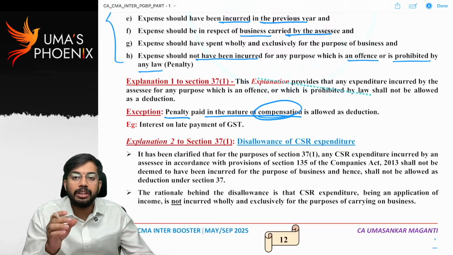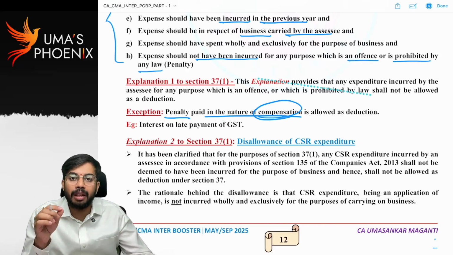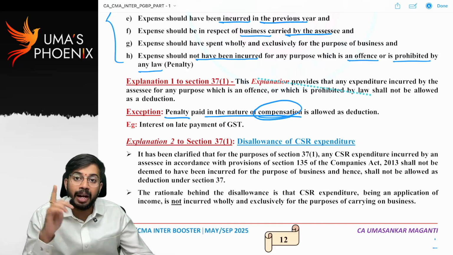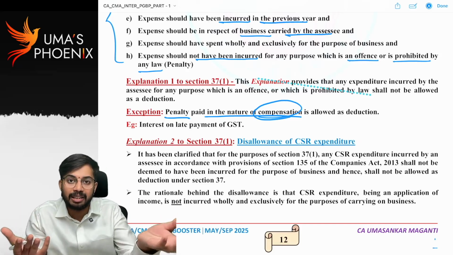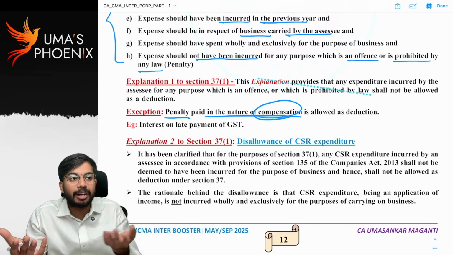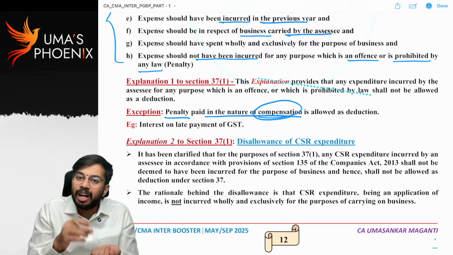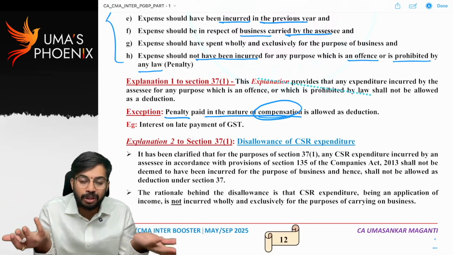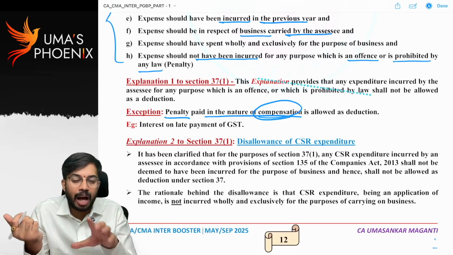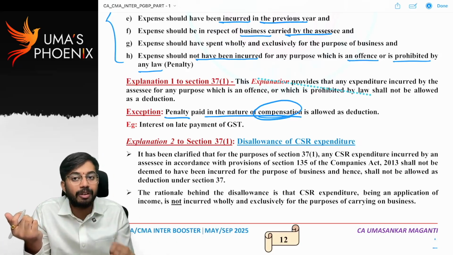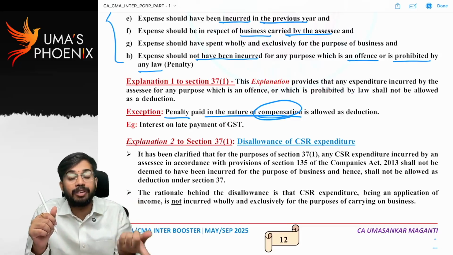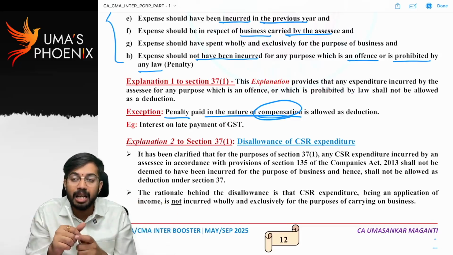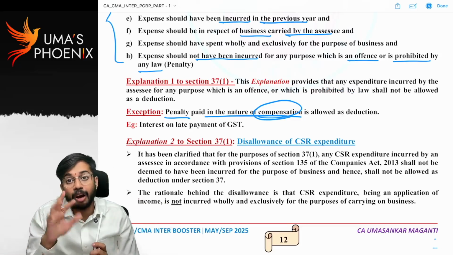I have to pay GST amount to the government in the month of May, but I paid in the month of December. Why? I did not have money. I have done credit sales and the customer did not give money. If the customer does not give the GST amount, how can I deposit to the government? I cannot. So as per rule, I have to pay GST to the government in the month of May, but in May I did not pay. June, July, August, September, October, November, December. I paid 8 months after. 8 months after the customer gave money, that money I paid to the government.